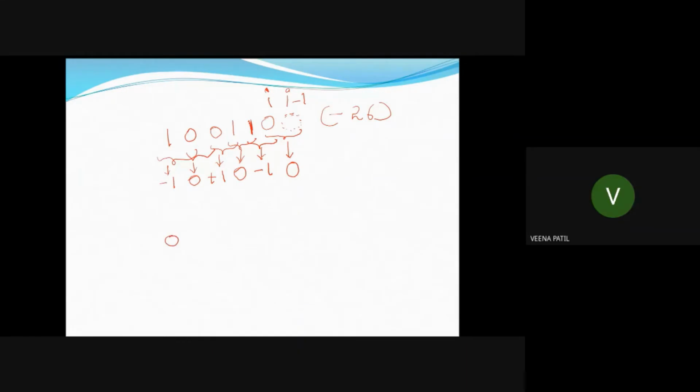Now we will take one more example. 0 1 1 0 0 1. Right, now the ith bit is what? 1. Now whether the ith bit is 0 or 1, the I minus 1th bit imaginary will be 0 only, whatever it may be. So the imaginary bit is 0. Yes, got it?